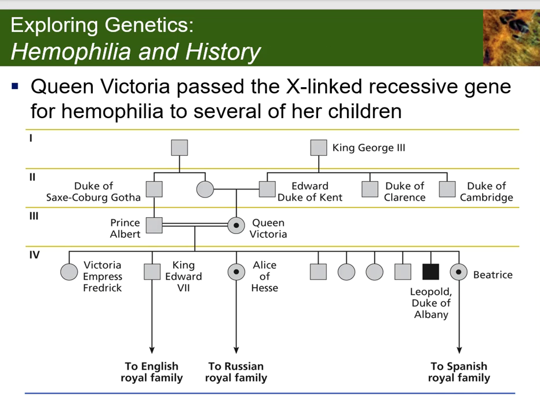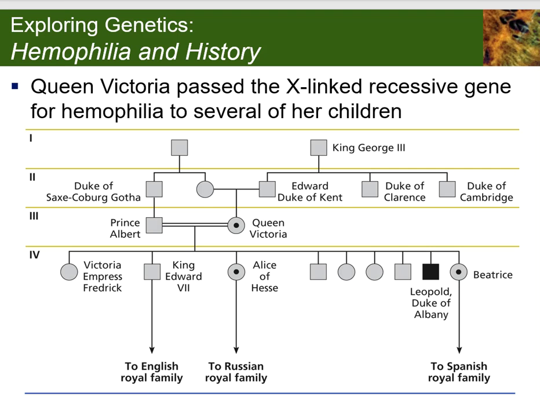Okay, exploring genetics, hemophilia and history. If you remember Victoria and Albert, Queen Victoria and Albert of England passed the X-linked recessive gene for hemophilia to several of her children. You can see here the X-linked pedigree for the recessive gene for hemophilia in the English royal family, Russian royal family, and the Spanish royal family. And as you know, a descendant of Queen Victoria was Nicholas, Tsar Alexander of Russia's child, who was a